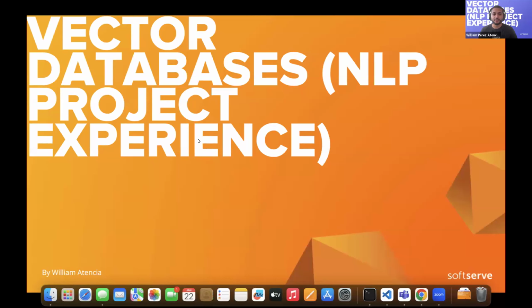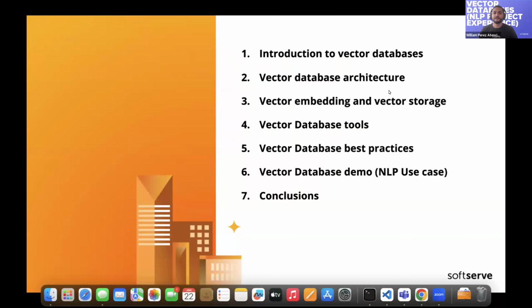Today we're going to talk about vector databases. I will show you the agenda in a second. We're going to talk about what vector databases are, the architecture, the components and how they work,